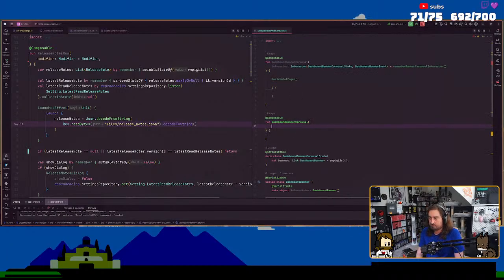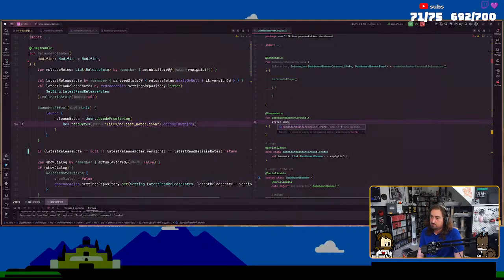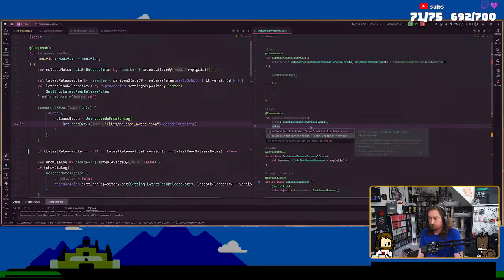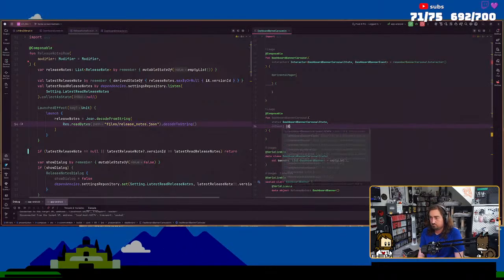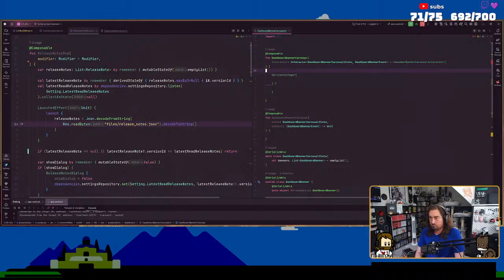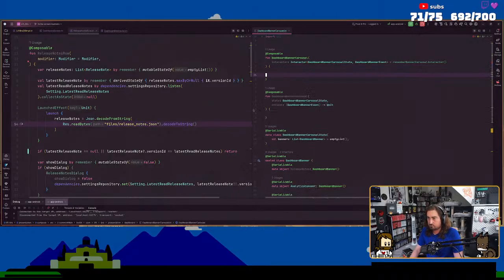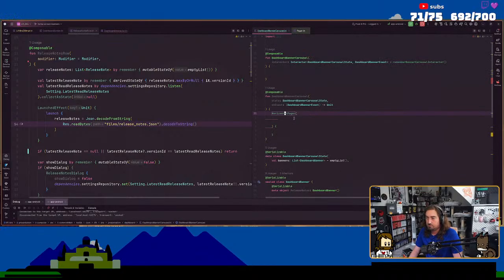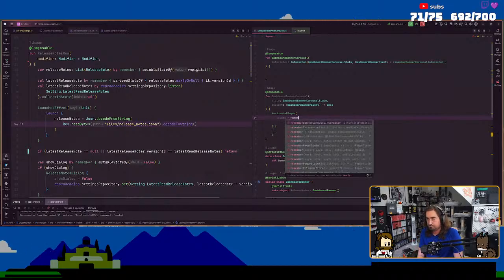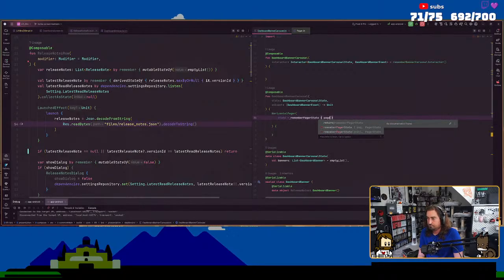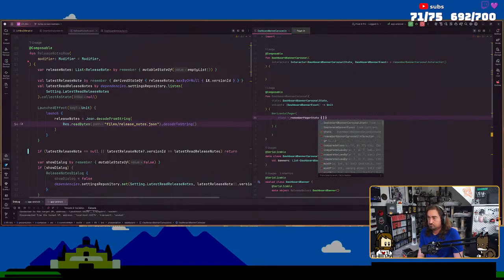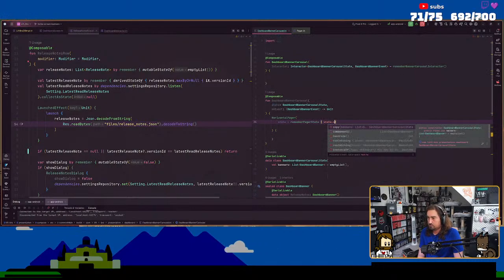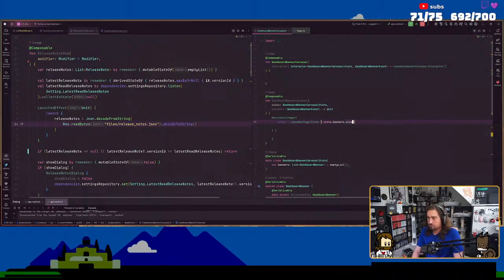Then I'm going to have another version that's just going to be the state and events. And then state dot banners dot size.